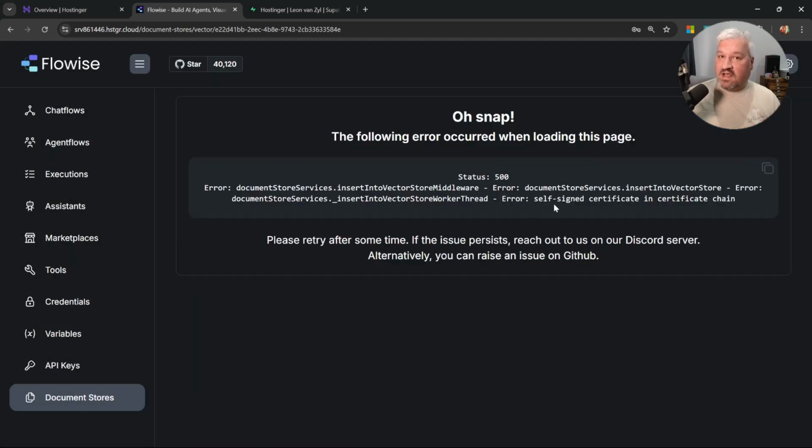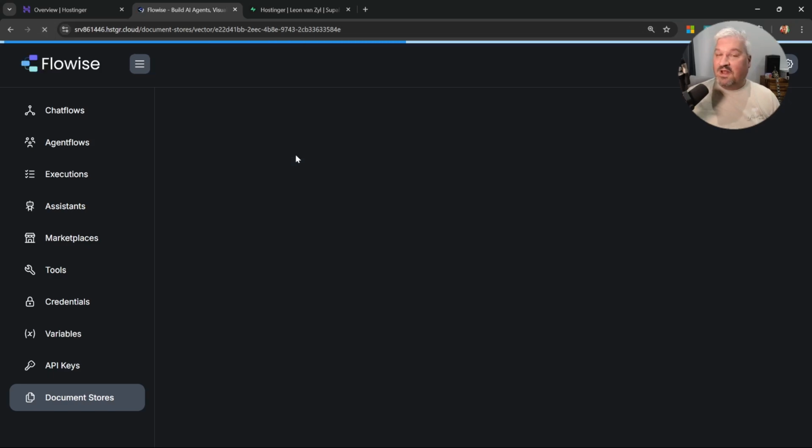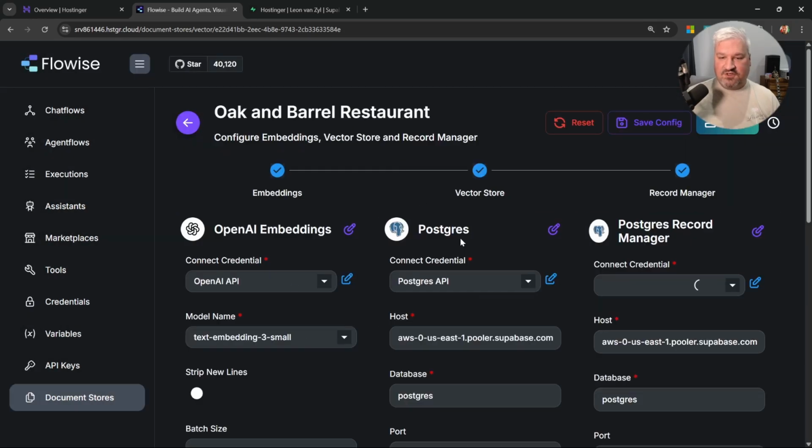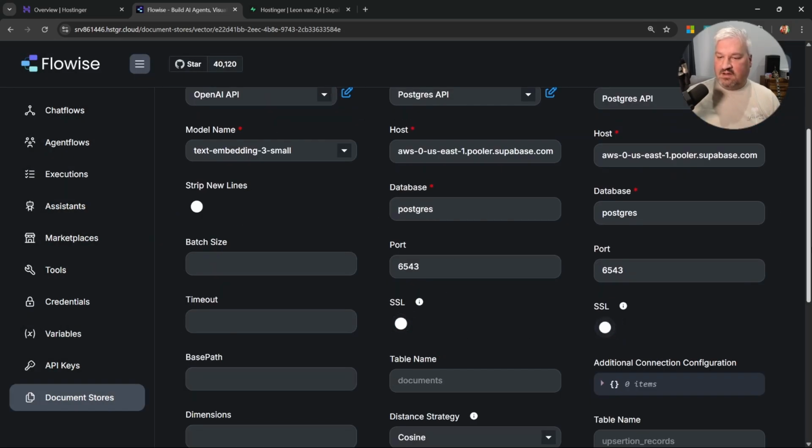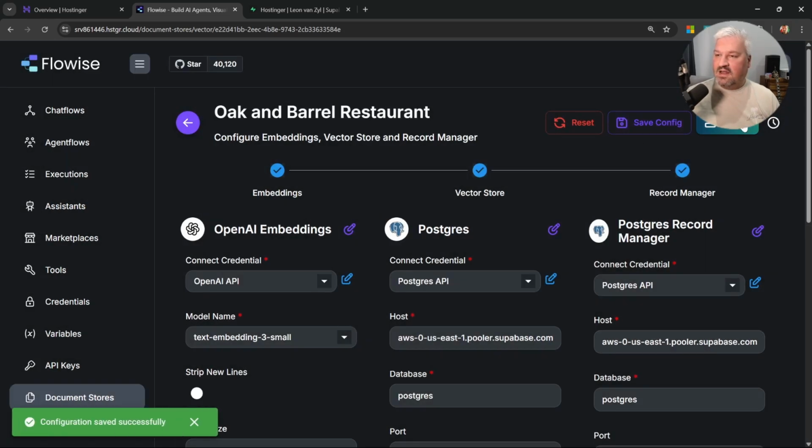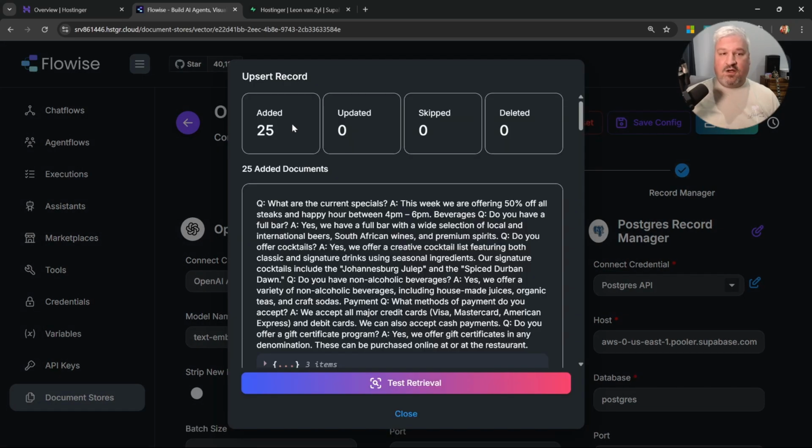Right, so I'm getting this error message saying that self-signed certificate in certificate chain, and so on. This simply means we don't have to enable SSL. So I'll simply refresh this page. Let's disable SSL. Let's save our config, and let's click on Upsert. And there we go. Our documents have been upserted into the database, and we're now able to add this document